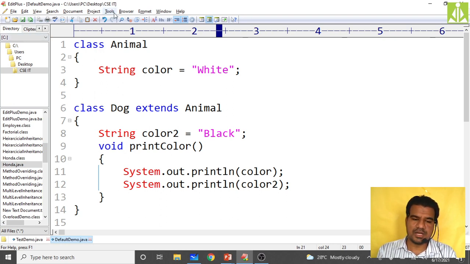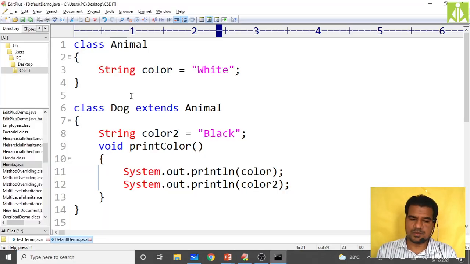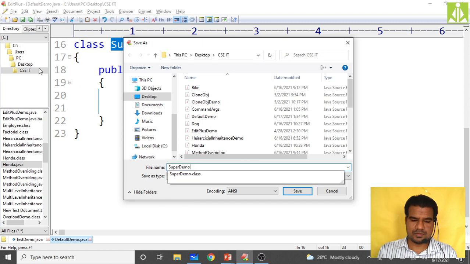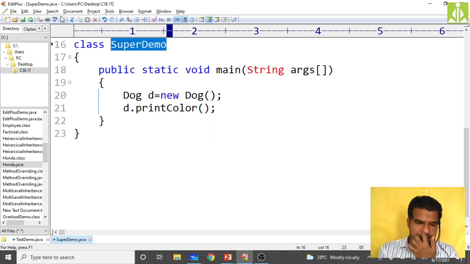Now compile, successful, but we have to give this name to our program. Go to file, save as, SuperDemo.